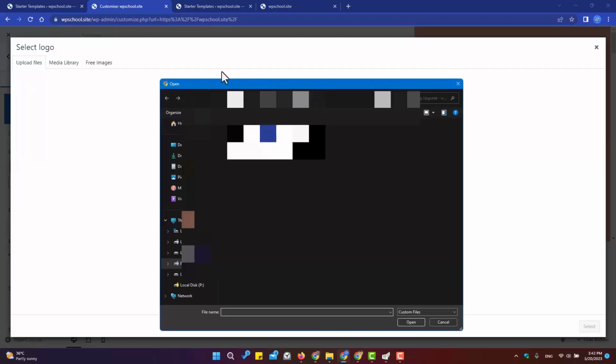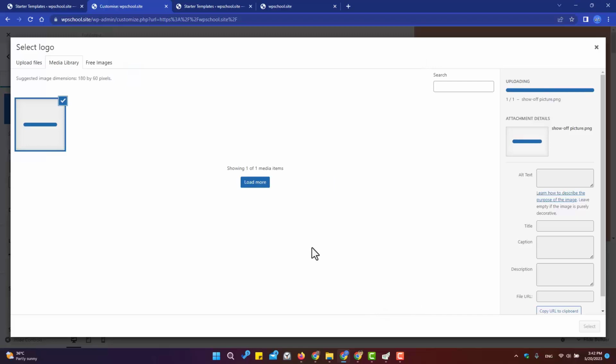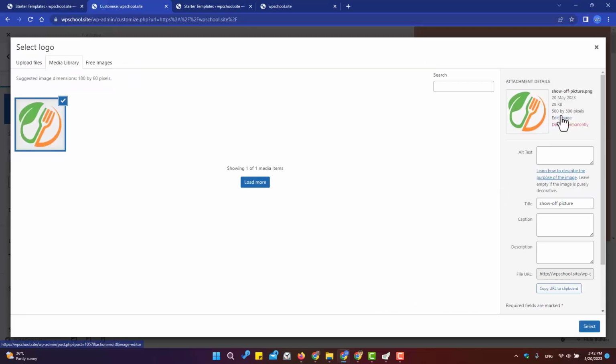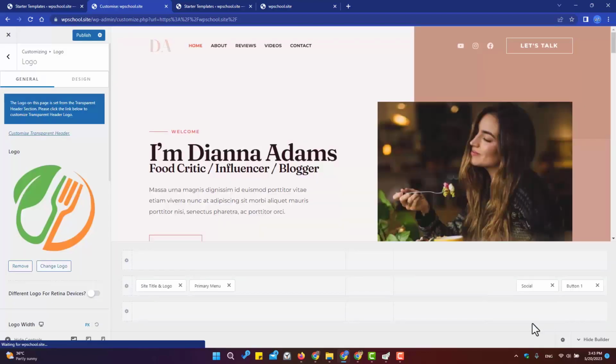You can upload up to 2 gigabytes of data. Now I choose desktop, healthy food, and click the logo and upload. And the logo is uploaded. Now I can name this like healthy food. Now select this, skip, and the logo is uploaded. And now I can publish this one and check the